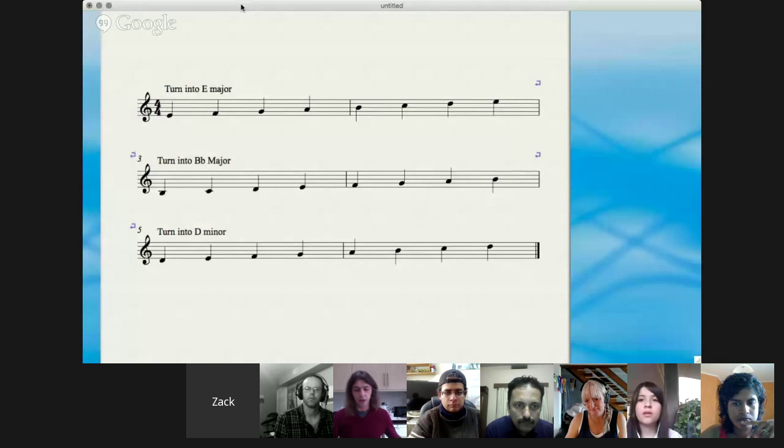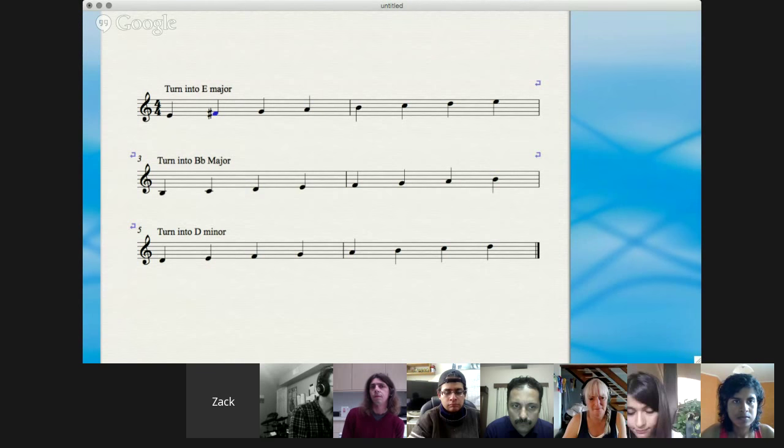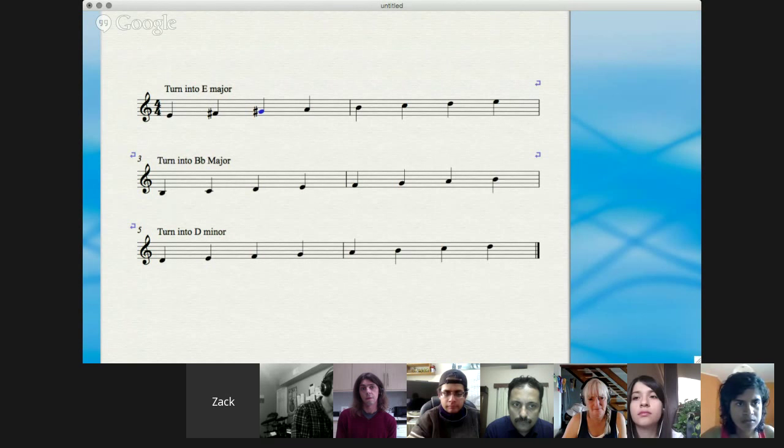Okay. And so look at the first interval. The interval needs to be a tone, and at the moment it's E and F. So I need to sharpen the F to make that a whole tone difference. That's right. Okay, and then it's a tone, so that needs to be a G sharp. That's right. Okay, and then the next interval step will be a semitone, so between G sharp and A is